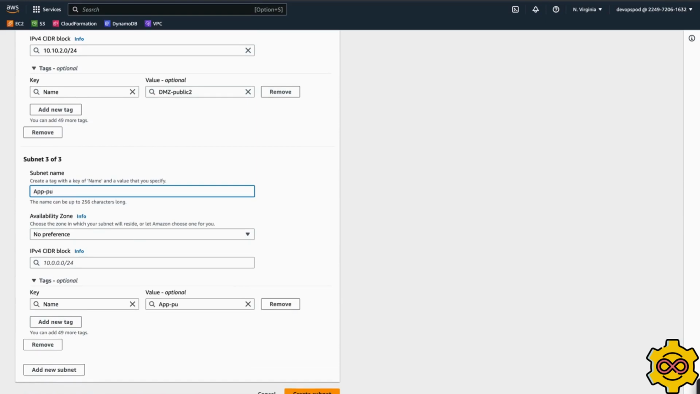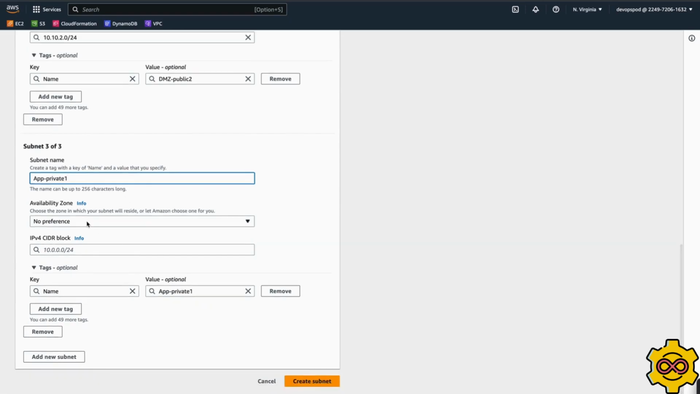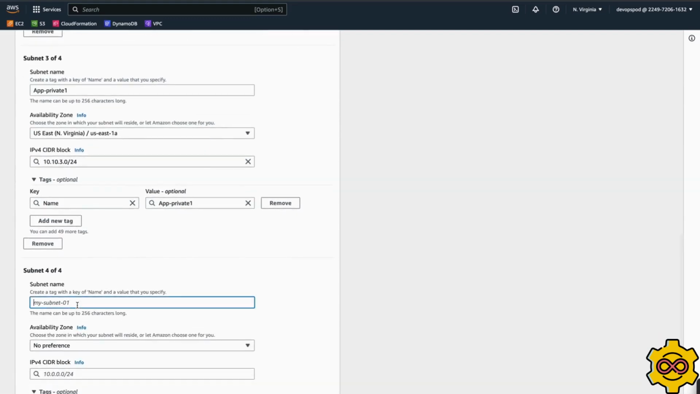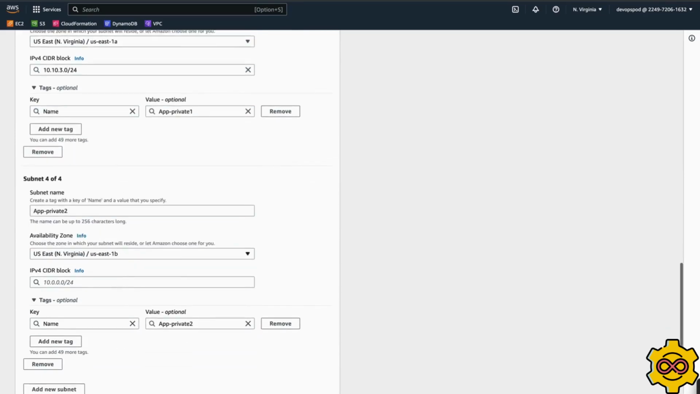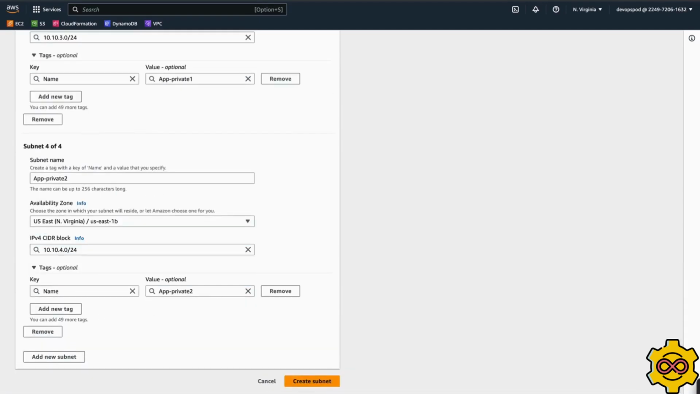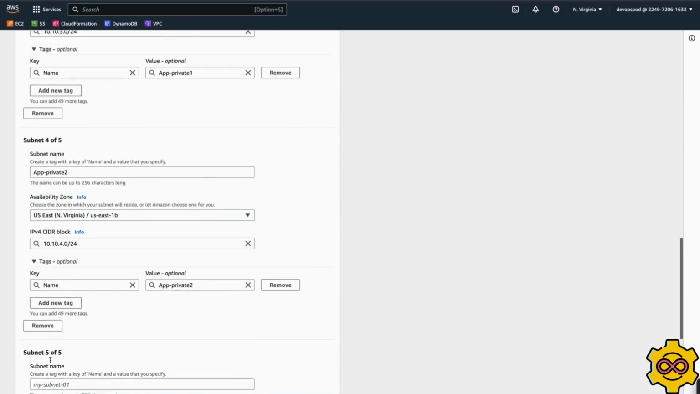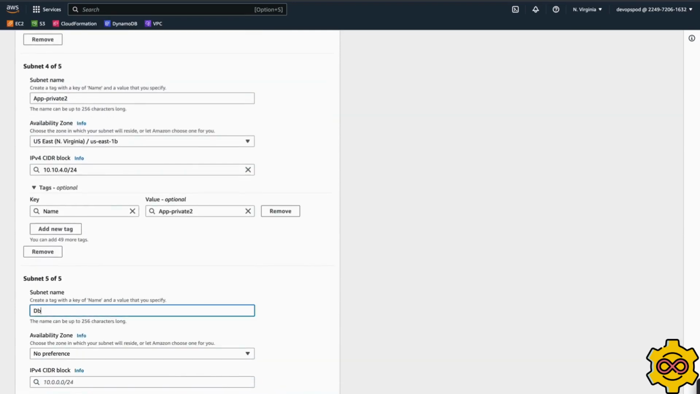The app1 app public. Okay, so it will be in the private one, US East 1A, 10.10.3.0/24. We'll add another subnet, app private 2. The AZ will be 1B, and the CIDR, and another subnet is the last one, that's DB private again,